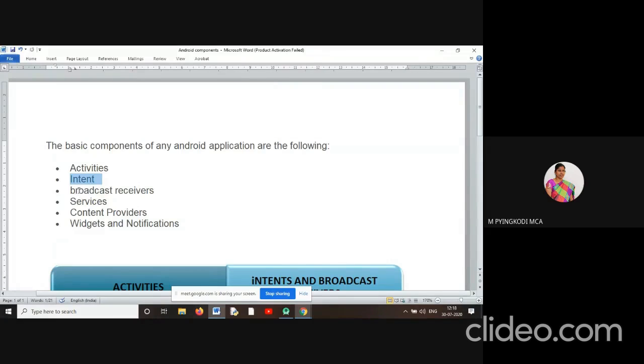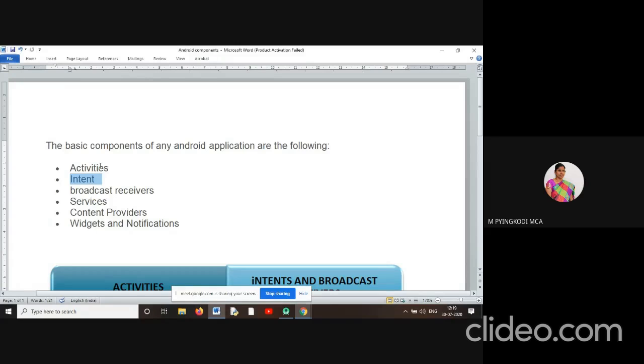So the services, activities, content providers, broadcast receivers, widgets or notifications can make use of this intent to communicate. For communicating, it will take the intent component and send the information to the remaining components.